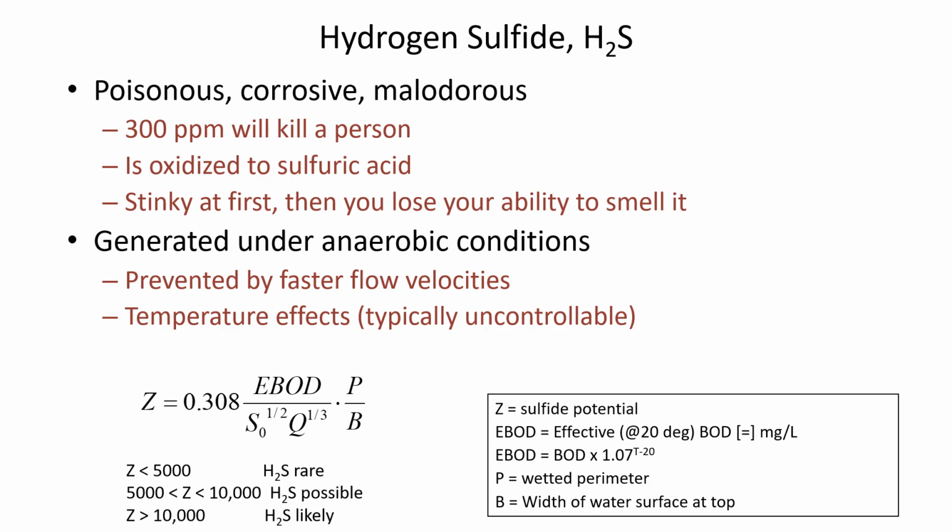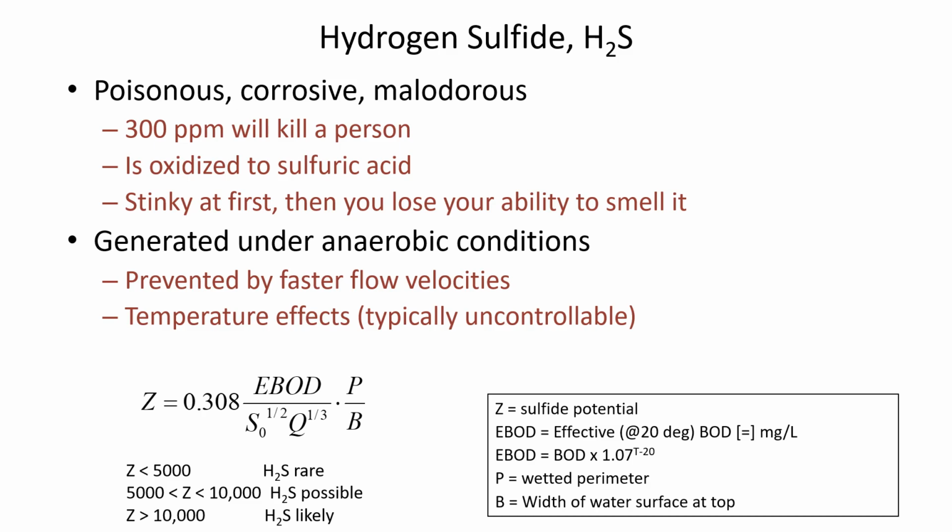Once you calculate the Z potential, if you get below 5,000, typically under conditions like that, it would be uncommon for hydrogen sulfide to form. Above 10,000 and it's likely, and in that middle ground it's possible. It's not definitive. It may occur, it may not. But if there are things you could do to calculate the Z potential and then adjust your design, then